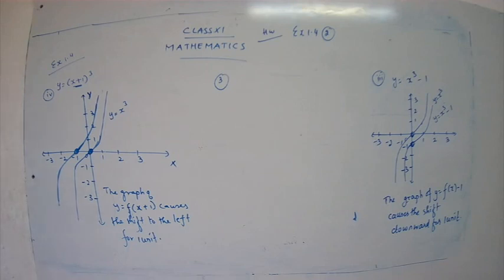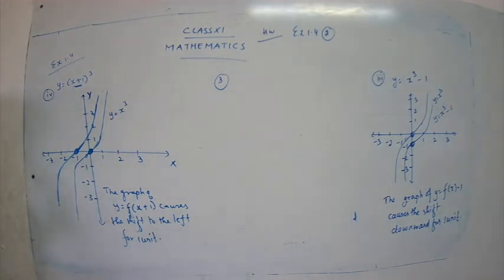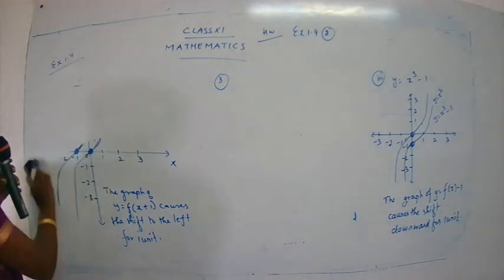Let's start with the third sum, children. I hope you have taken down your questions. So again here, before we plot the graph, we will draw the table, because in the previous cases, sum number 1 and sum number 2, the curve was given to us directly. Yes, they have given you the figure, like 1.67 and 1.68, but here we have to draw the figure. So what are we going to do? We are going to draw a table and get some values for x cube and cube root of x, and we are going to plot it on the graph. Let's start our work.